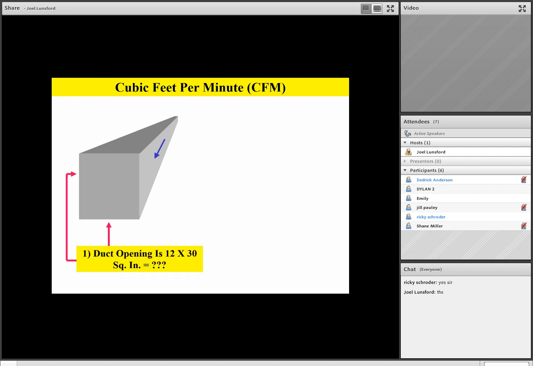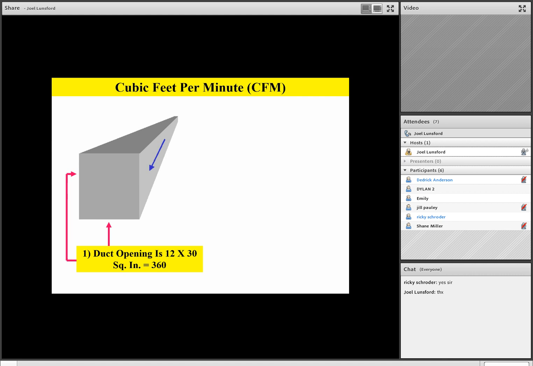We have a duct opening that's 12 by 30. So if we take 12 times 30 on our calculator, that should equal 360 square inches. Now hang on, team, we're not done yet, because we always have to get to square feet. Now to get to square feet, we are going to divide by 144. So we take 360 and divide by 144,